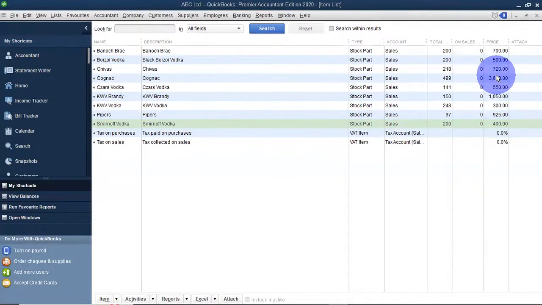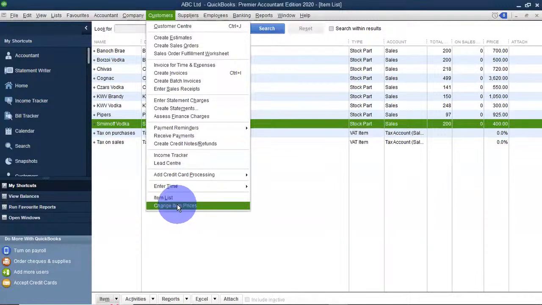The next thing is keying in the adjustment using percentage. Instead of keying 50 shillings, you'll just key in 50%, and that will automatically be adjusted. You just add the percentage beside 50, or maybe if you want to adjust by 5%, you just type 5%. You just move over here to customers, change item prices,